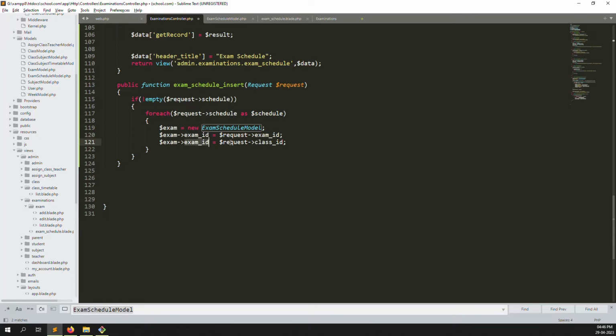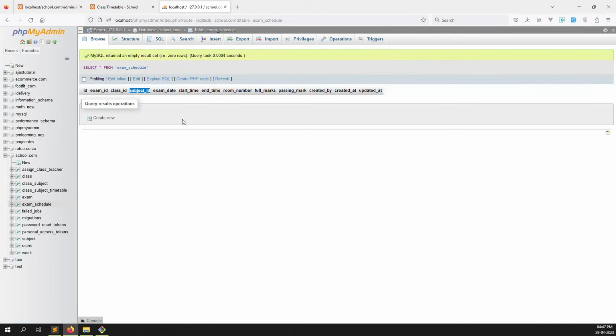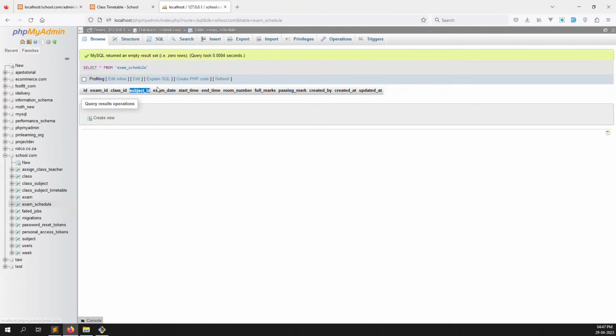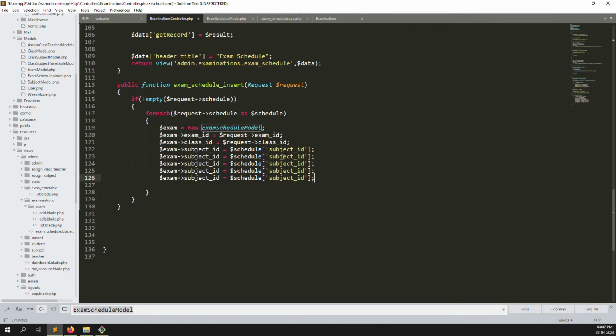Okay, and now we need to make a schedule inside, whatever information I get. So just copy paste and here make a schedule, and inside we are getting an array, not getting the objects. So exam ID, so you can pass here exam ID, I mean subject ID, sorry about that, again subject ID, just copy paste, and I can make one by one. Exam date, so exam date,